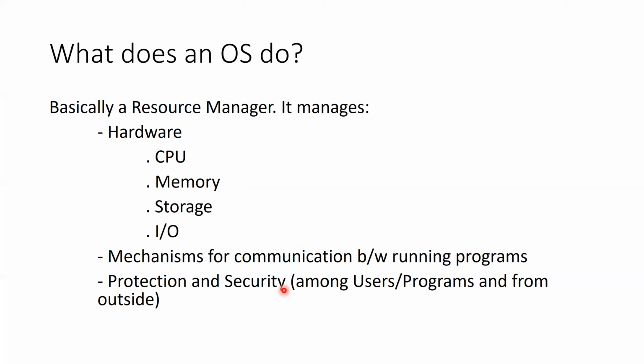Again, different users and programs are accessing the system at any given moment. How do we protect one user's data from another user? How do we protect one program's data from another program? Again, all this protection is being done by the operating system. How do we protect our system from external threats, from hackers who might want to steal our data or corrupt our data? How do we protect our system from those attackers? Again, this comes under security and is managed by the operating system. So in this book, we'll see how an operating system does most of this stuff.